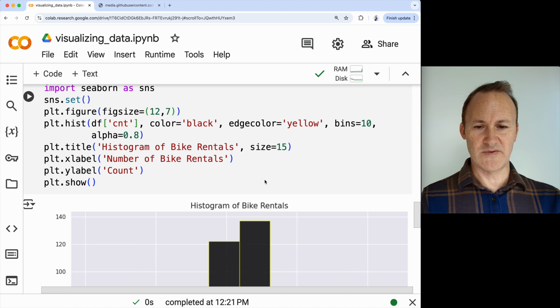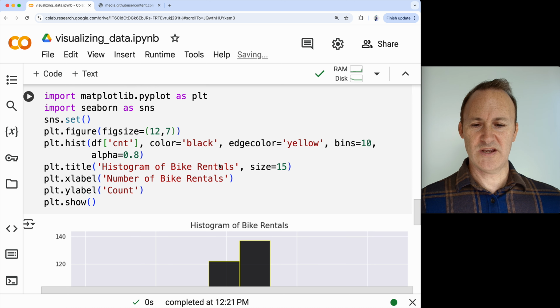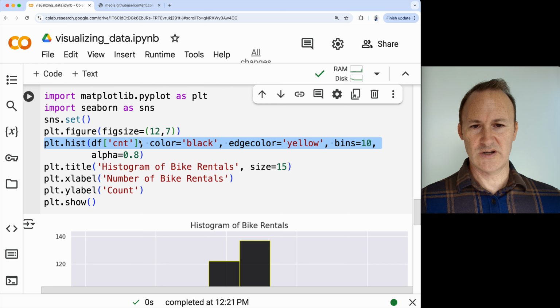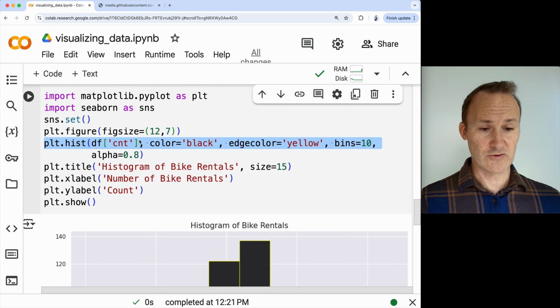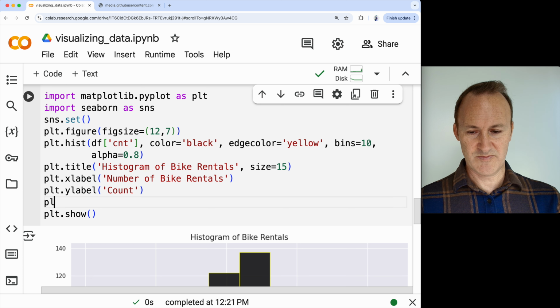And what's nice about this is that you can now do this with any other column. And this will also work for a lot of different data types of one-dimensional visualizations. Okay, I'm going to show you some others. But the last thing I'm going to do in this one is